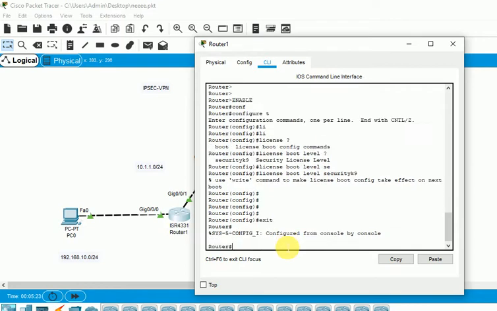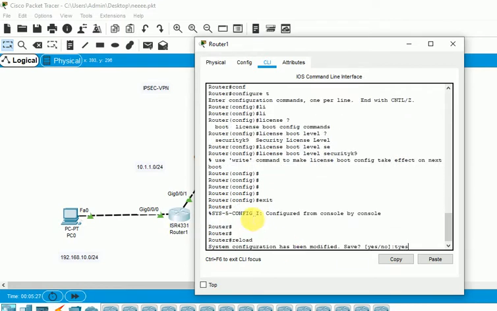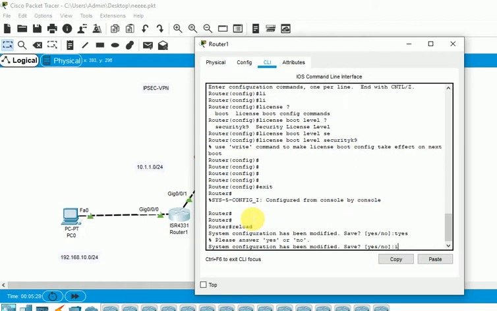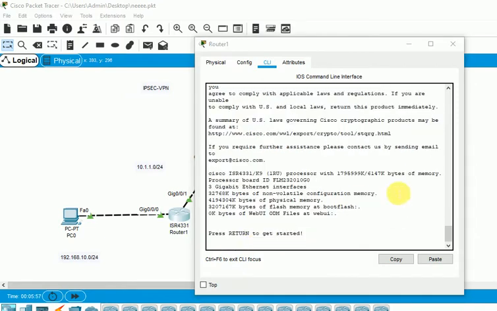After this command you have to reload your router. So this reload is done.